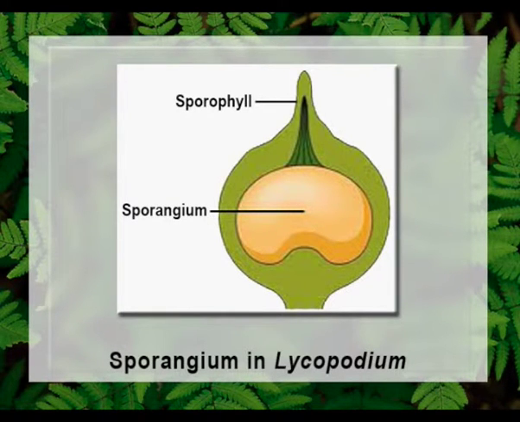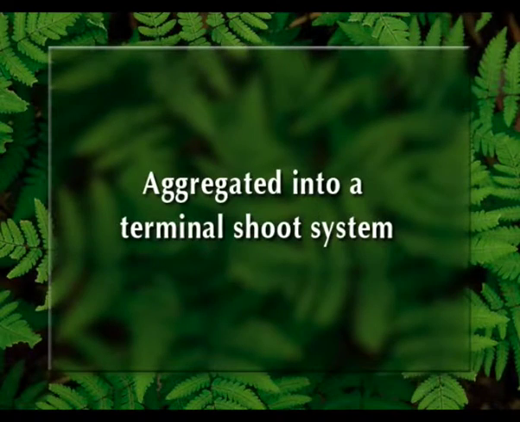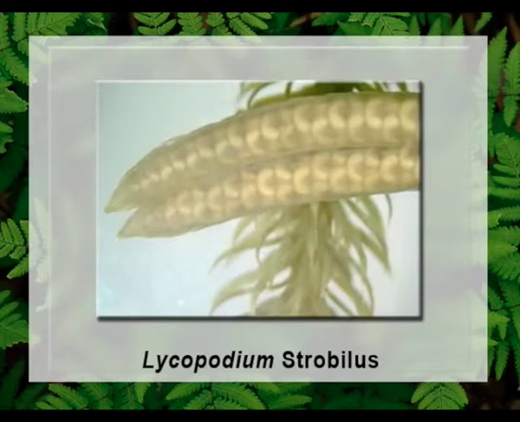The sporophylls differ in size and shape from the vegetative leaves and are aggregated into a terminal shoot system. This determinate reproductive shoot, consisting of a terminal aggregate of sporophylls with associated sporangia, is known as a strobilus or